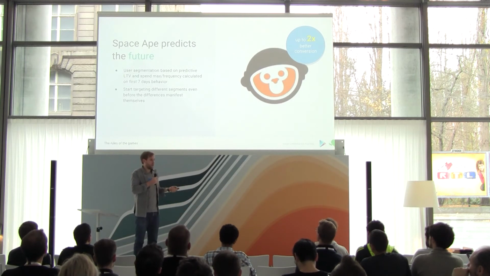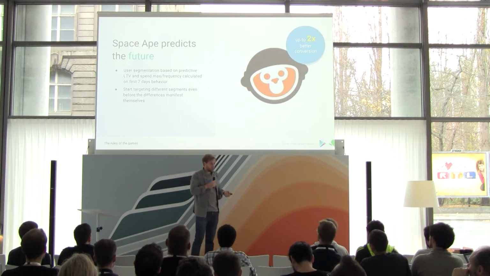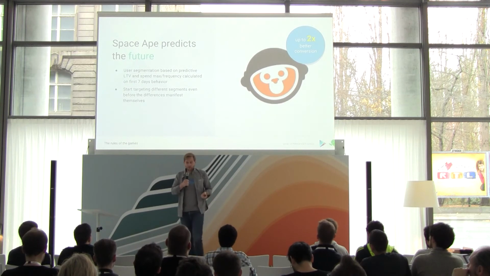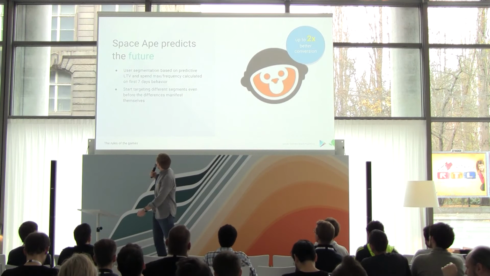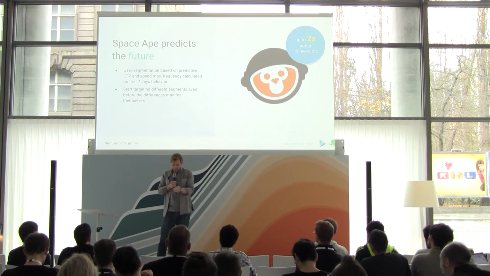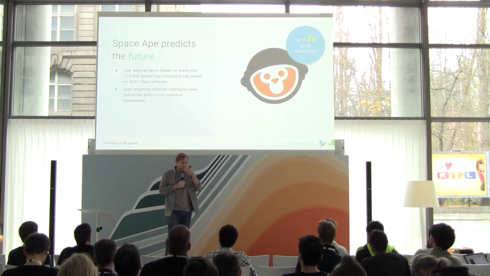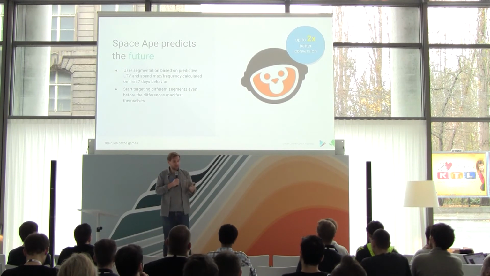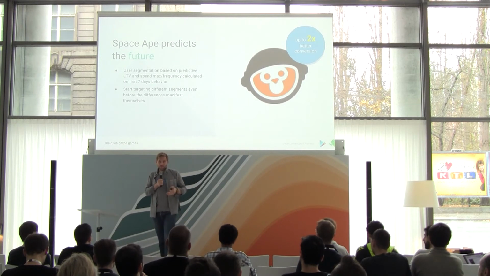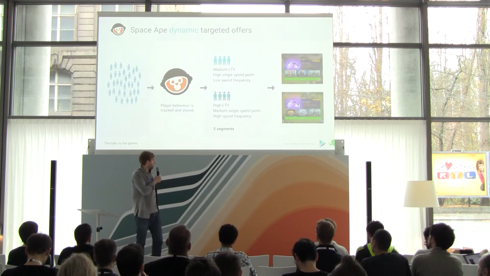SpaceApe is a developer that our team in London works with quite closely. They actually try to predict the future. So what they do is, in the first 7 days, they have realized that these first 7 days are critical. And in the first 7 days, they basically look at and analyze what their users do. They segment them, and then they try to be smart about how they monetize. And it looks kind of like that.